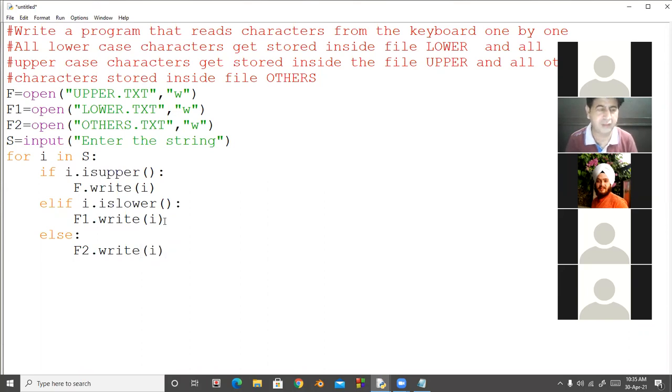After that I will close all the files: f dot close, f1 dot close, f2 dot close.